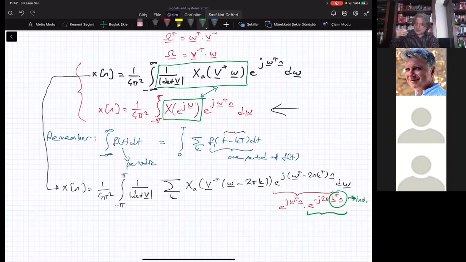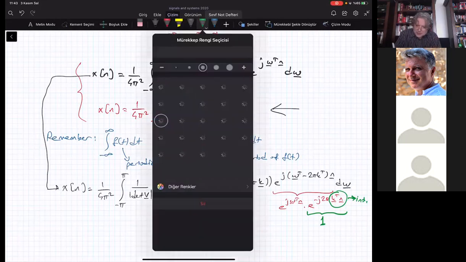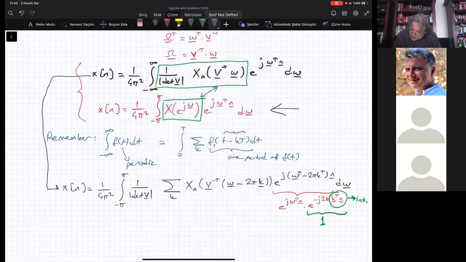Therefore, e to the minus j 2 pi times an integer is what we get, which is always 1. So the exponential term, although it looks like e to the j omega transpose minus 2 pi k transpose times n, actually it is e to the j omega transpose n only. We will only keep this portion and write it that way. In fact, I will write it now. That is equal to